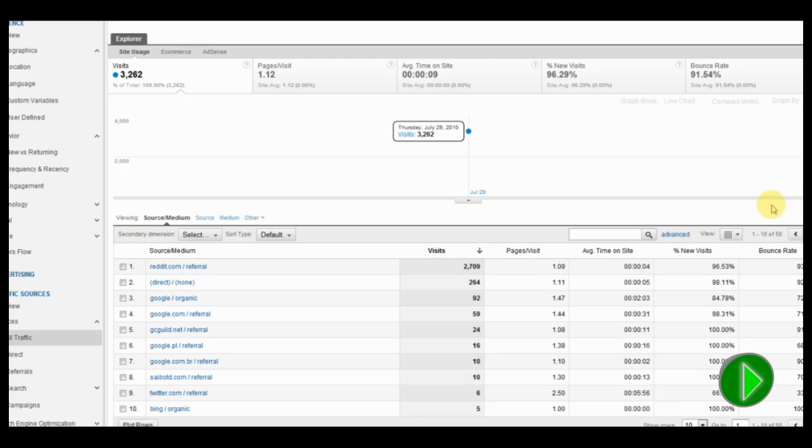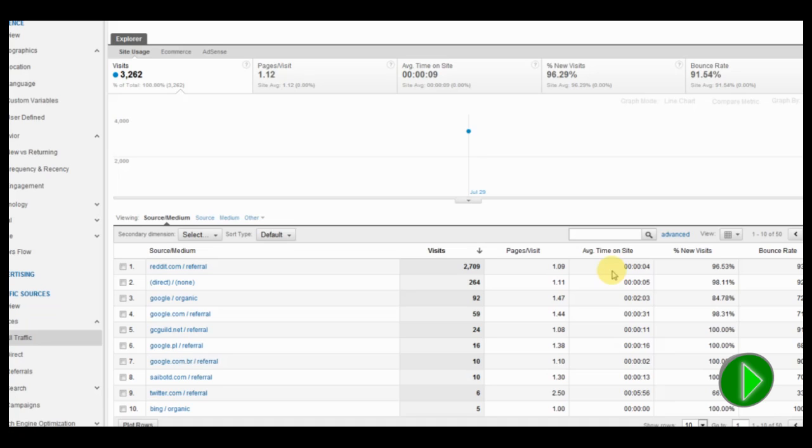And of course you can look at further information that suggests the pages per visit, the average time on site, and percentage of new visits. One of the things that you'll recognize when you see traffic from sites like Reddit or Slashdot or anything of that nature is something called the Slashdot effect. More recently, sometimes it's being called the Reddit effect, where a large amount of traffic will be coming to your site, but it's only a spike and it's not continuous.